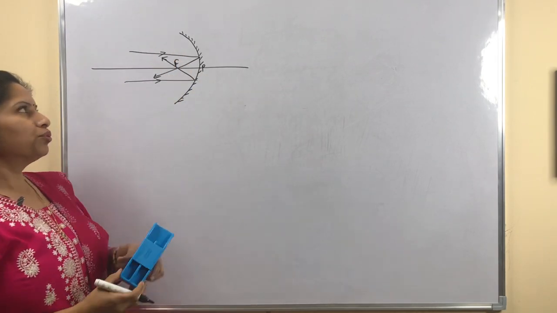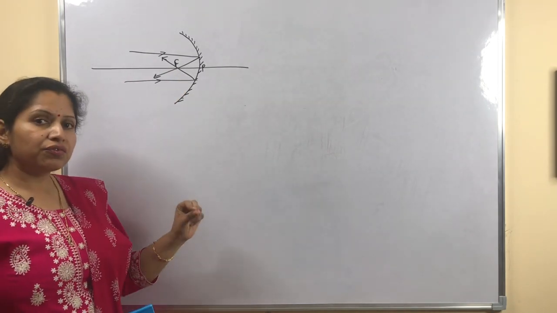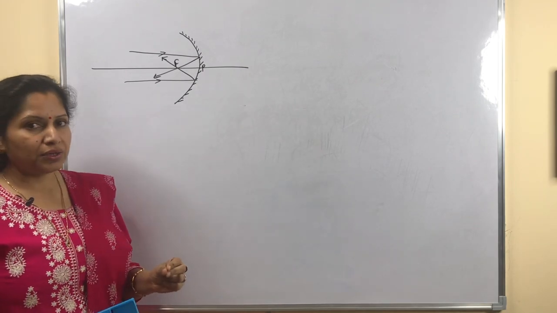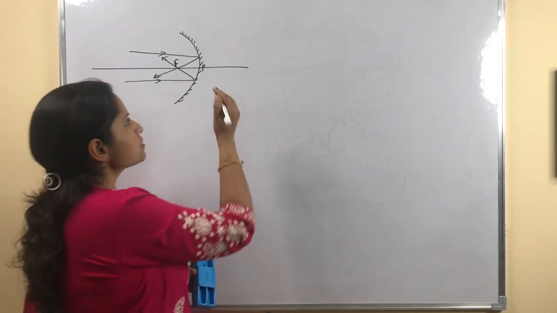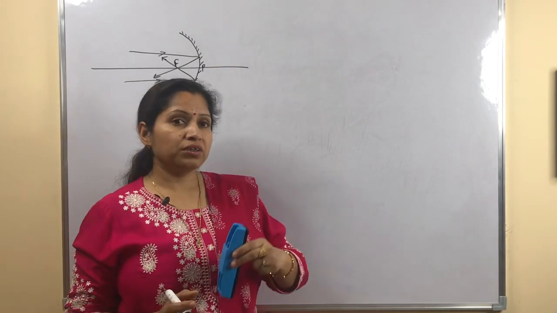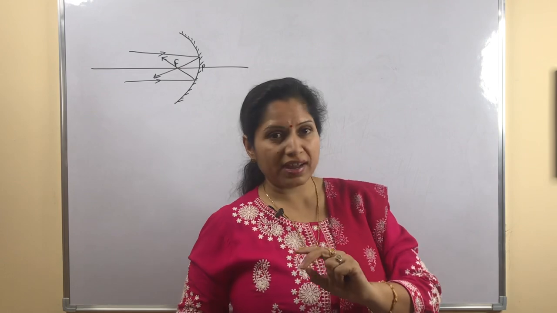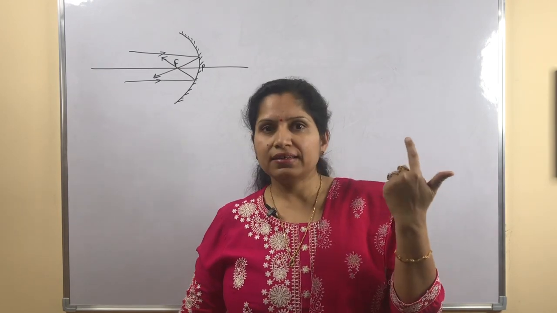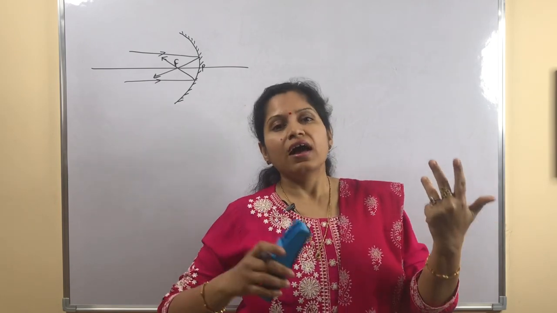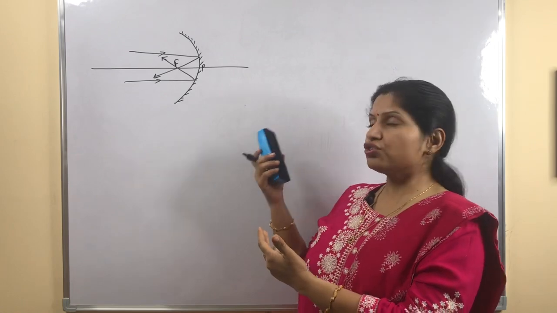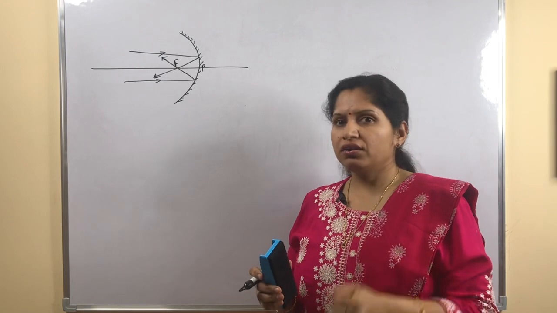Both are parallel, so both the rays are going to pass through the focus. The point of intersection of the reflected rays is the point where the image is formed. Okay, so with every ray diagram, now there is a twist: you should always write the position of the object, nature of the object, size of the object, size of the image, and the nature